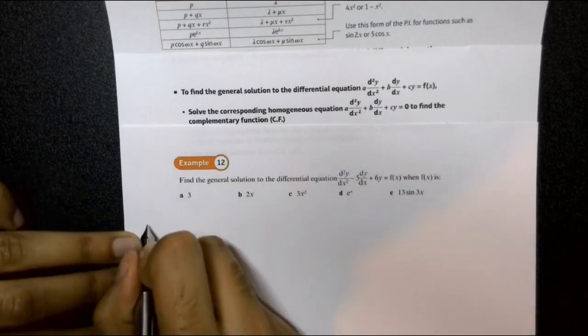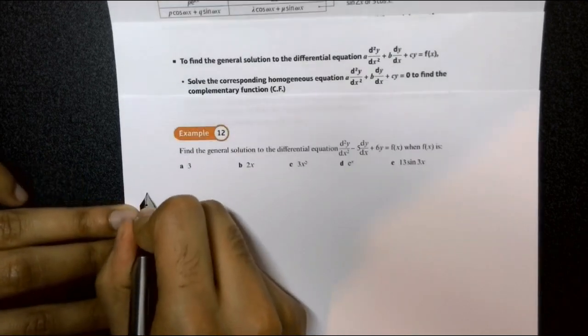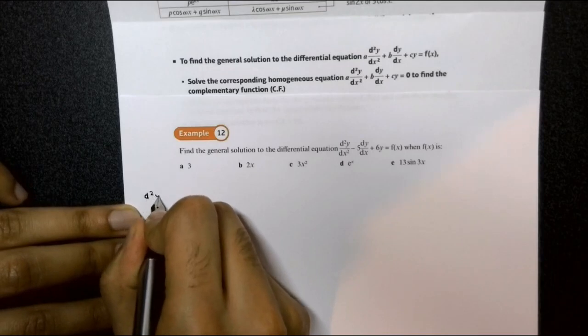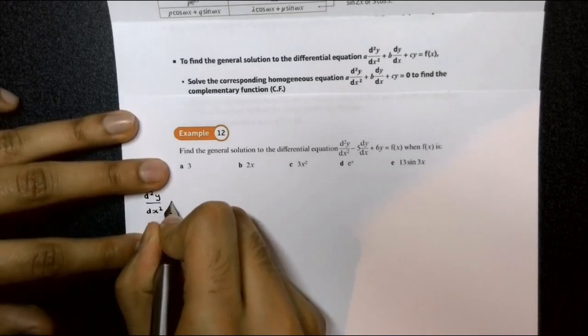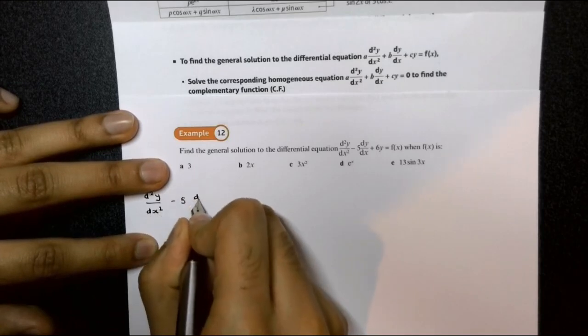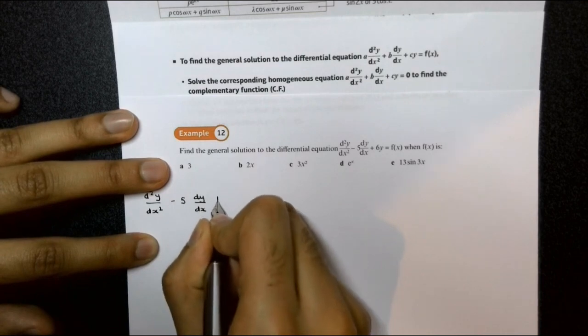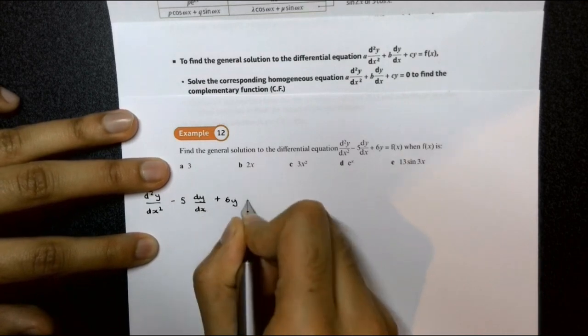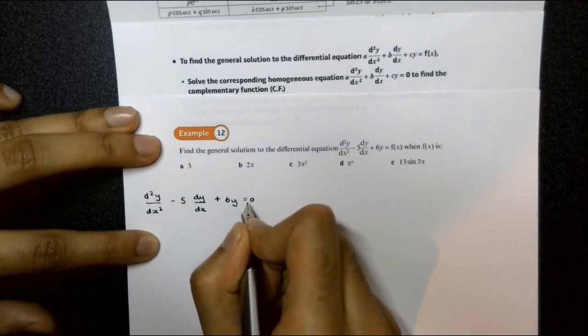So if we solve d squared y over dx squared minus 5 lots of dy over dx plus 6y equals 0, our first step will be to